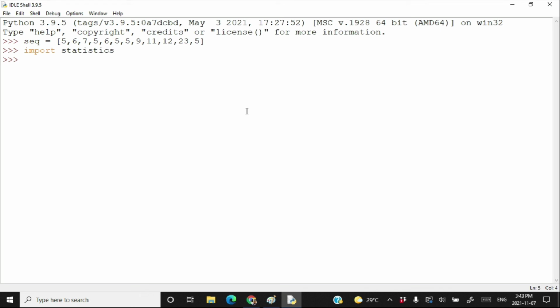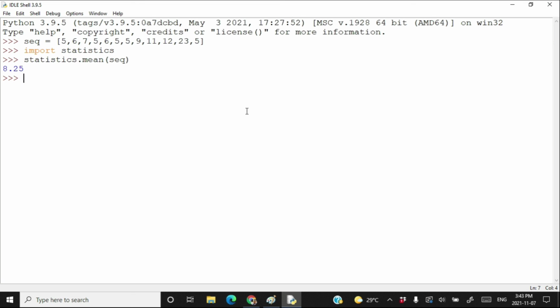There are three methods in the statistics module. The first method is called mean. Mean means average. If you want to calculate the average of a given sequence, you can use the mean method. Let's write statistics.mean and pass the sequence as the argument. Press enter, and the mean of these numbers is 8.25.